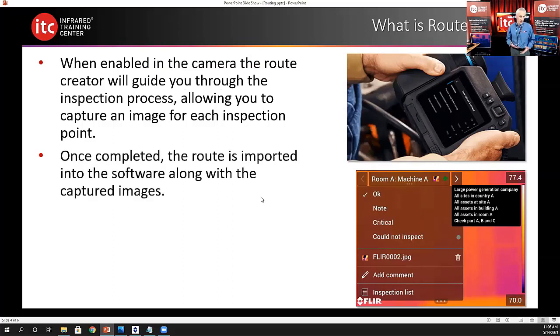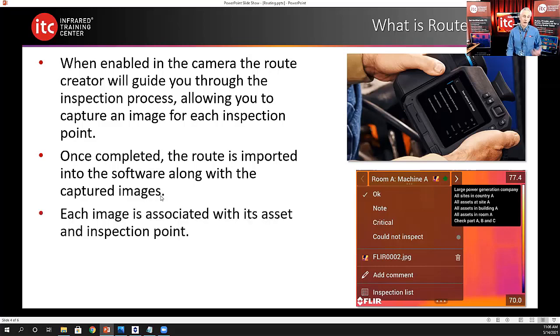Now, once all this information is collected in the camera, the next step is to come back to the PC and import all that information and all those images into the software. You can create what's called an inspection file. So this has all your assets. So it's essentially an asset list with information associated with it, the images, the status, any text that you added in the camera. All that information is going to come over when you do the import and create that inspection